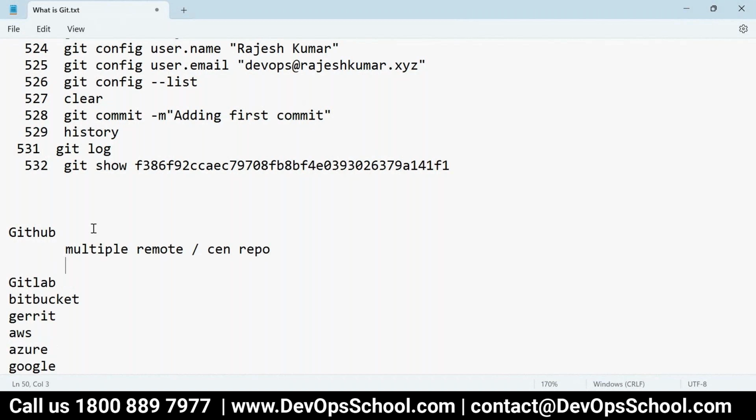They have a rich UI which you love. They have role-based access control which you need for security. They have issue management in the same place, blogs and wiki in the same place, and tens of different features. Nowadays CI/CD is also coming on this platform.